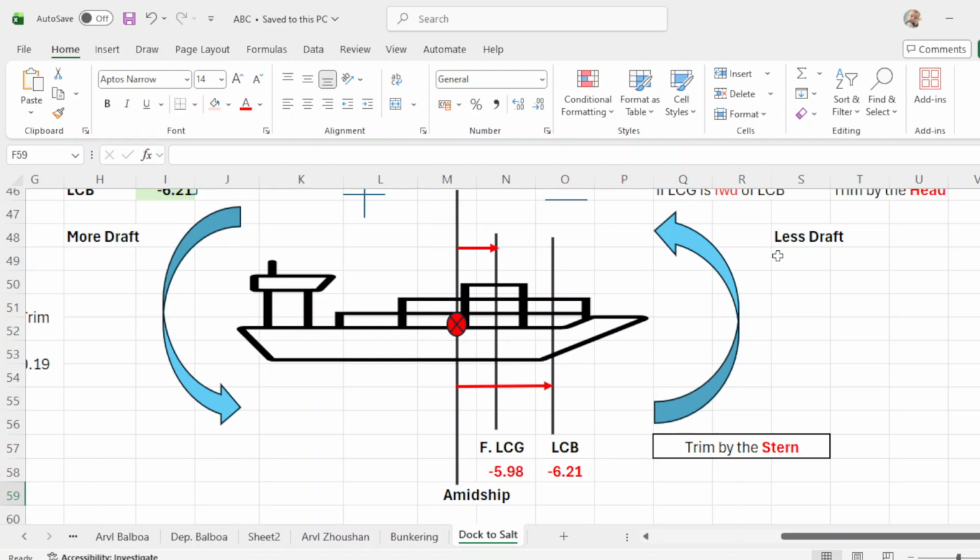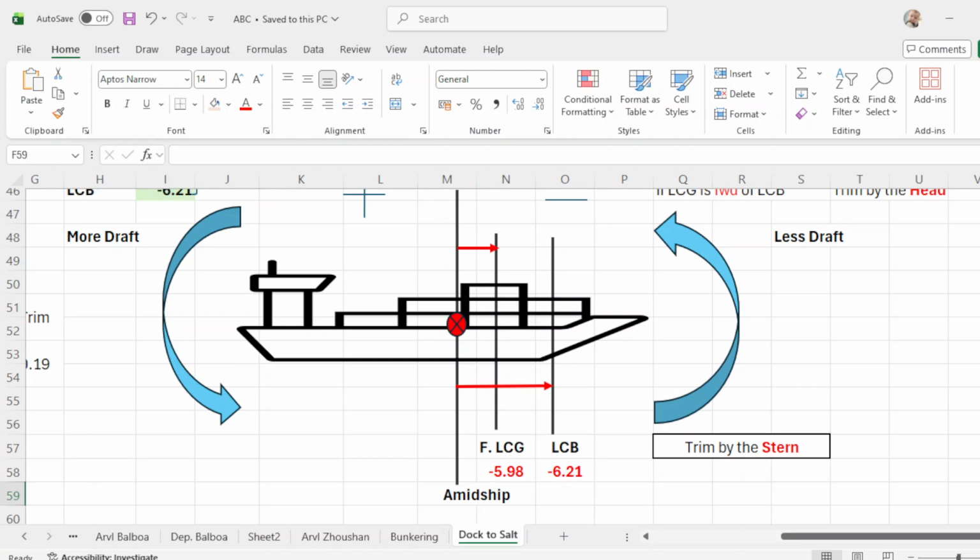And you have a light vessel here, less drop, and you have more drop on the up because the gravity of the weight of the vessel and the weight of the cargoes on board will put the vessel downward because of the gravity of the weight. That's why it's going down. Now the buoyancy is pushing the vessel upward. That's why the forward part of the vessel wants to go up. That's why you have less drop and you have more drop here. And then you will have a trim by the stern. I hope that's clear. Okay.